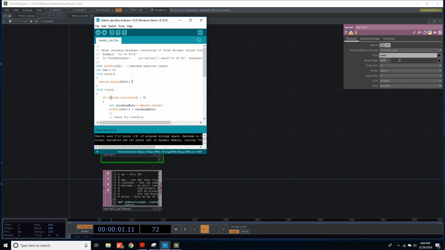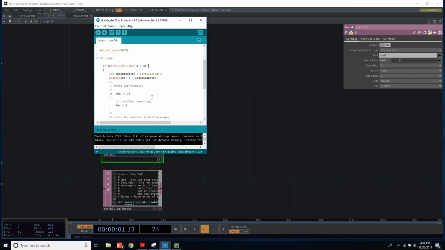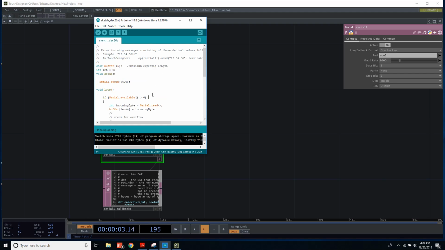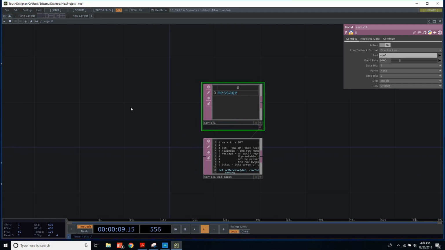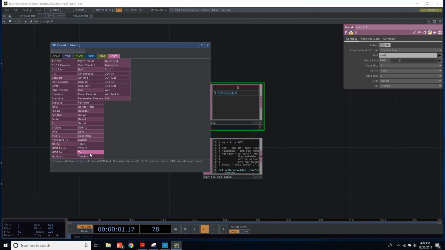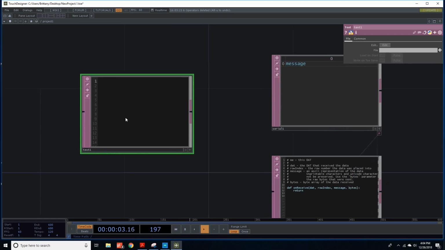Right now the Arduino is in this loop constantly checking if Serial.available is greater than 0, but right now that is 0 because we're not sending anything through the serial port to the Arduino to pick up. So to do that, we can come here and just put in a simple text DAT,